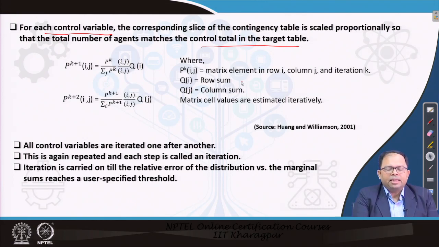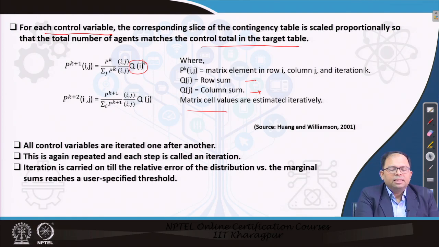These are the target control totals for each row, and these are the target control totals for each column. Then we can estimate the matrix cell values iteratively using these two formulas, where we see that this is the control total and this is the actual value of a particular cell, which we need to modify proportionately by summing up the values of all the